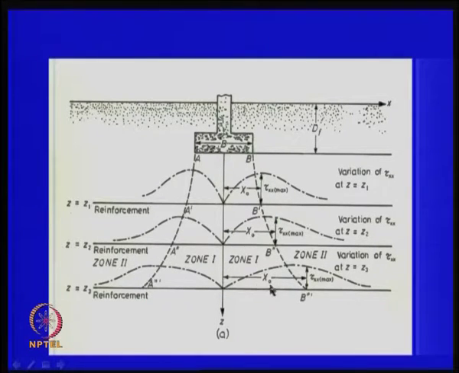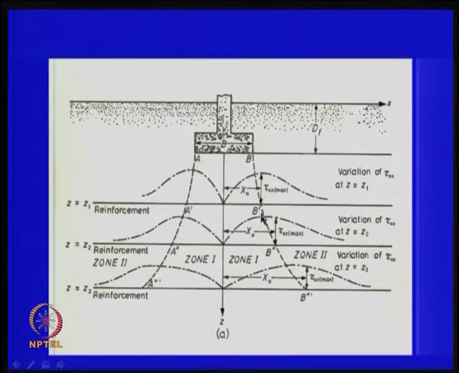So, you call this zone 1, in which the soil is in active condition, in the sense that the soil is fully participating in the load bearing. The other day I was mentioning the active resistance and passive resistance, and the other one is the pull out resistance. This is a simple way of remembering. So, this is the way the distribution is obtained from elastic stress distribution.